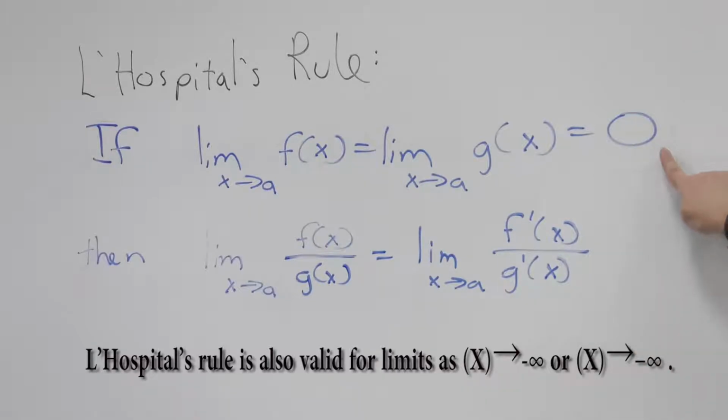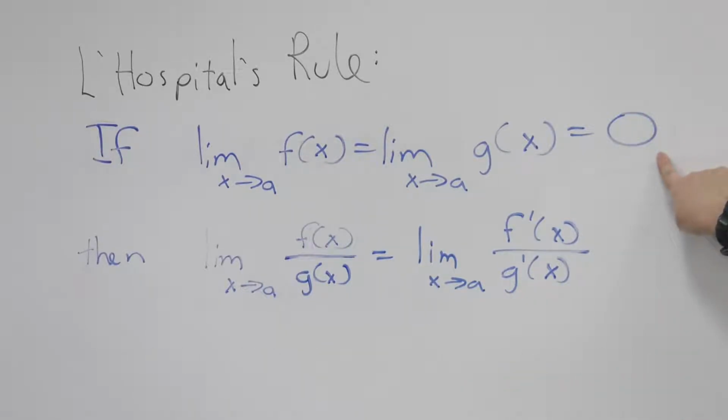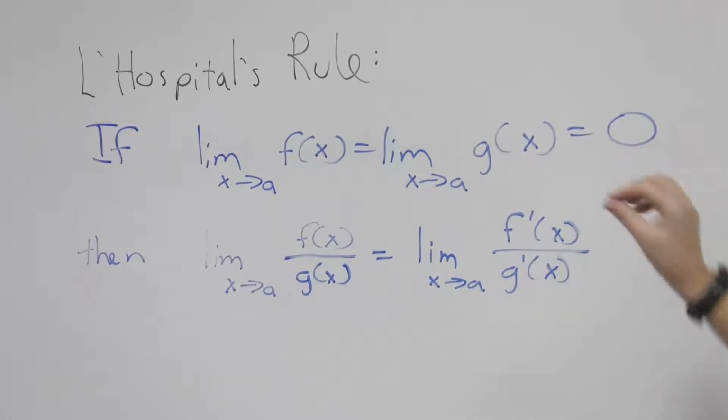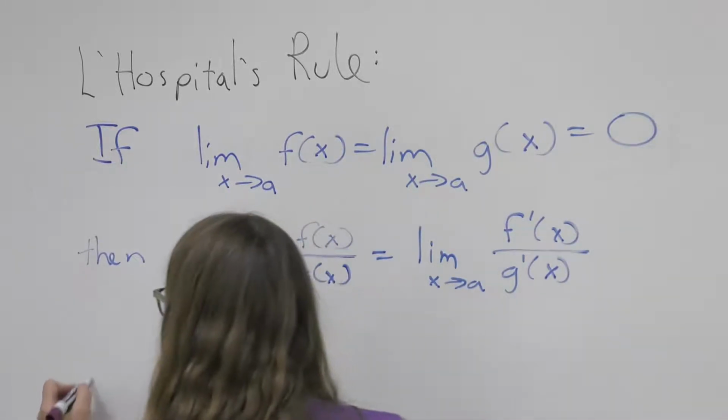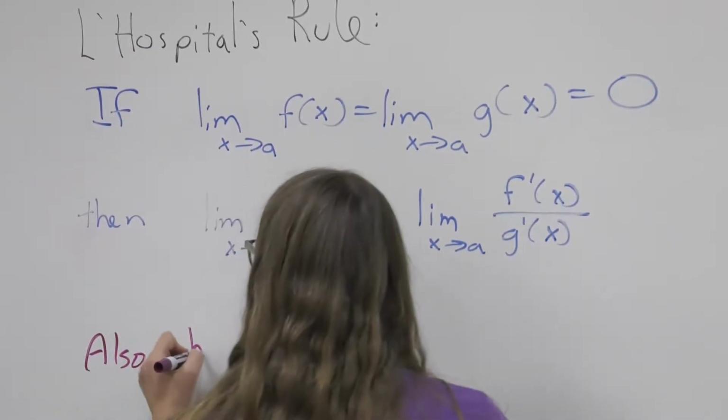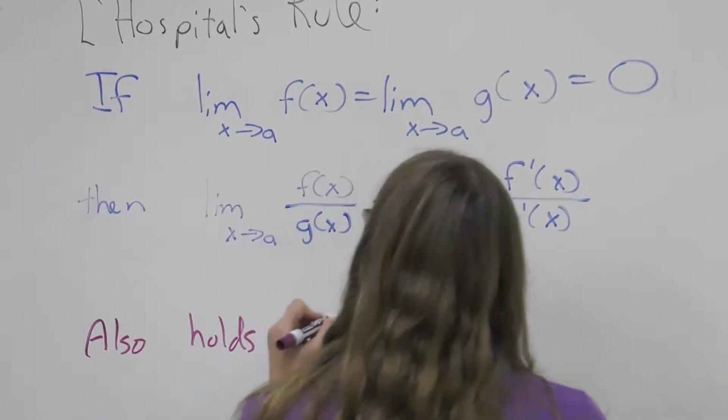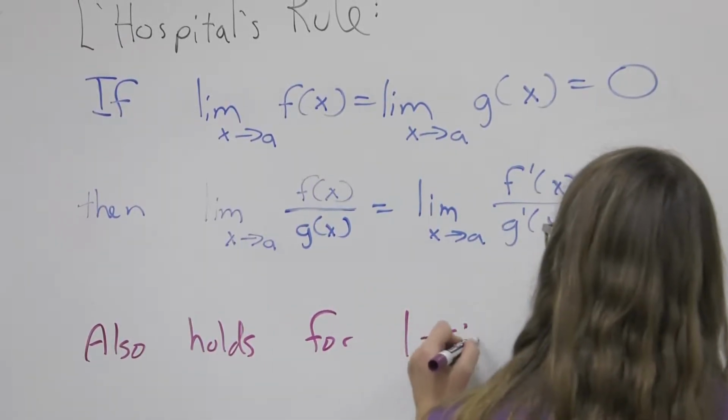I've written it out here as if these limits are both 0. It's also true if both limits are infinity or negative infinity. Okay. So in this example, we're going to take a look at an indeterminate form where we get a fraction where the top and bottom both go to 0. Our second example, we'll take a look at an indeterminate form where the top and bottom both go to infinity or negative infinity. So I'm just going to make a note here. This also holds for one-sided limits